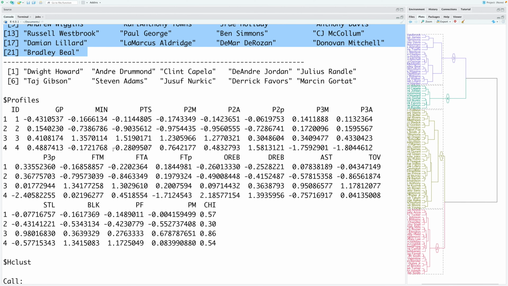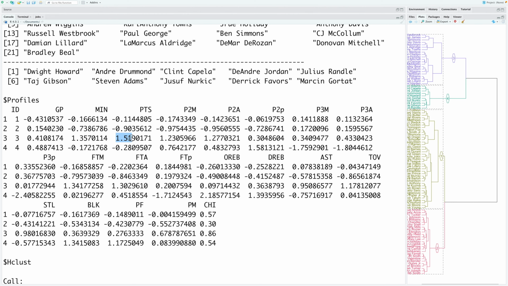It also gives you standardized averages in each cluster. So for example, players in cluster 3, on an average, they spend much more time compared to the other 3 groups. Players in cluster 2 spend actually the least amount of time on floor. You can say that 0 is the average, and because this is plus 1.3, they spend much more time compared to an average player. And this is much below 0, so you can say these players spend less time.